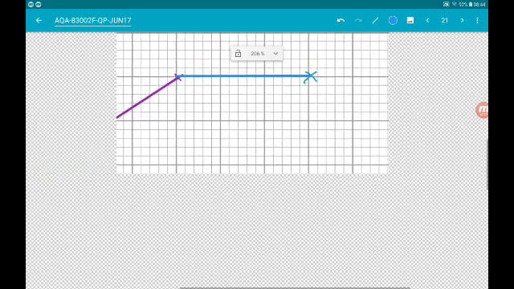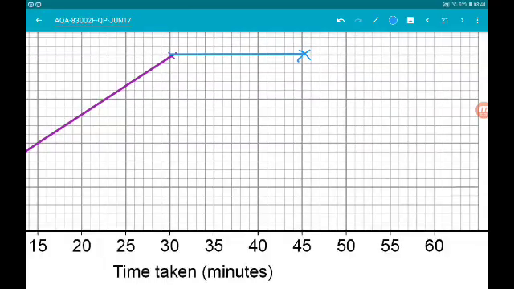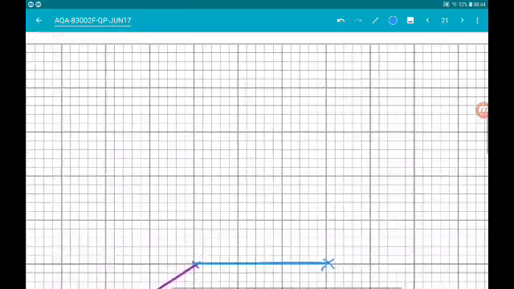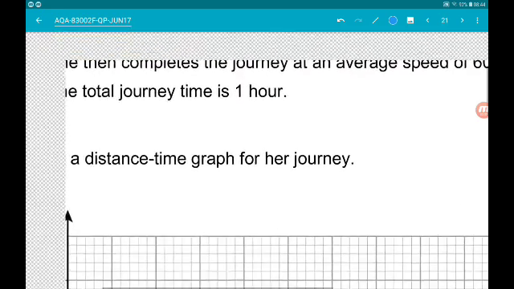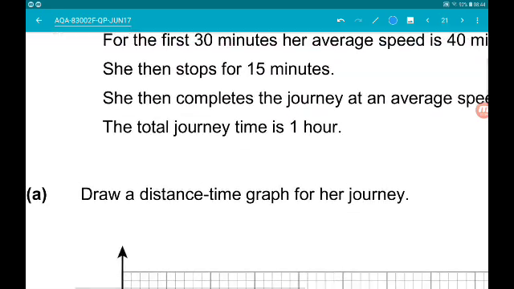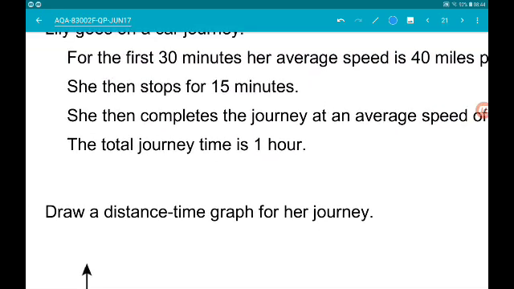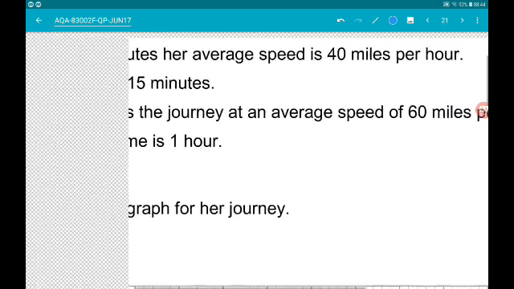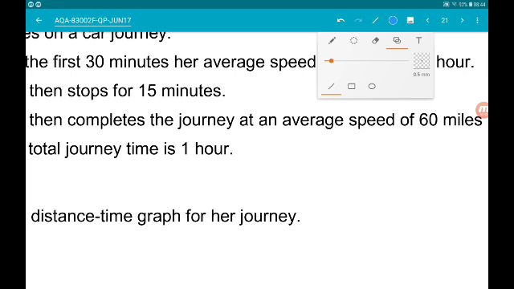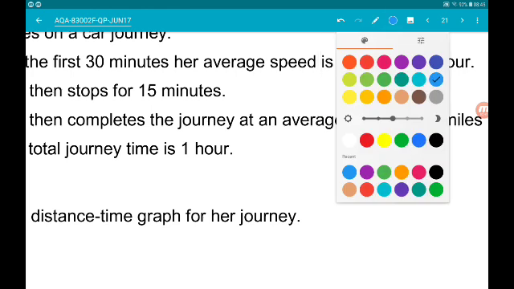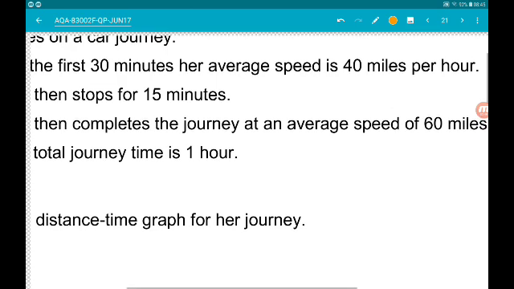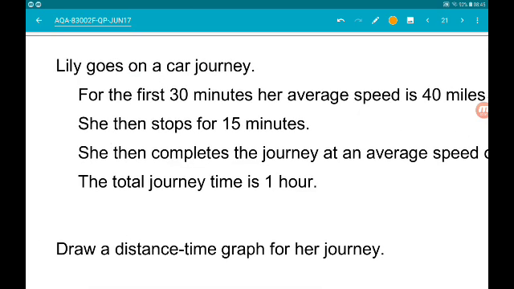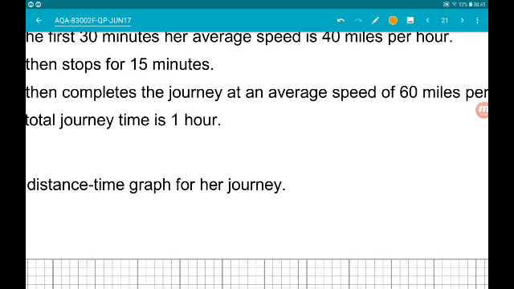So that blue cross is up above 45. Then we're told that she completes the journey at an average speed of 60 miles per hour and the total journey time was 1 hour. So, up to here, we've had 30 minutes and 15 minutes,